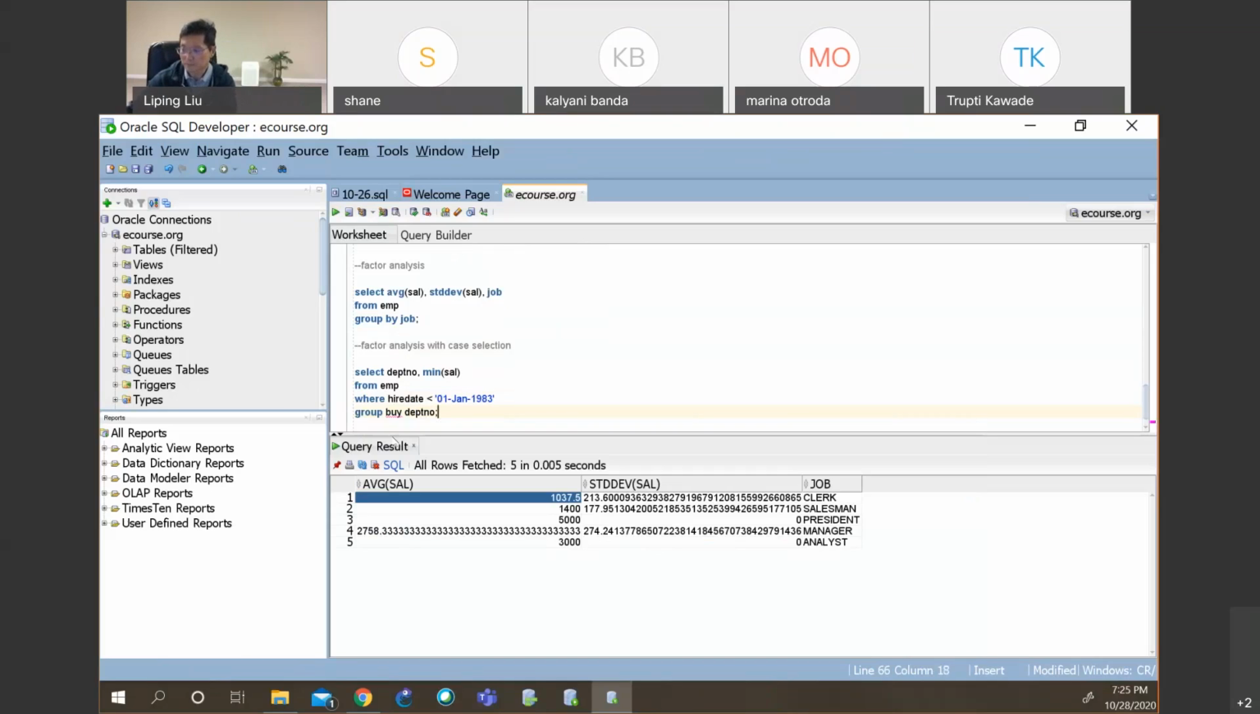Group by. Okay, does it make sense? So here we do factor analysis, but at the same time we select cases. So that would be a fourth case. And the last case is select